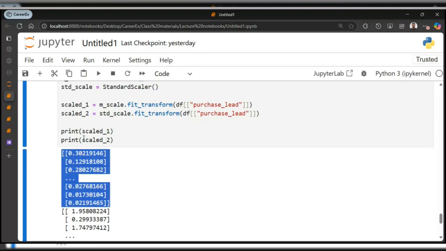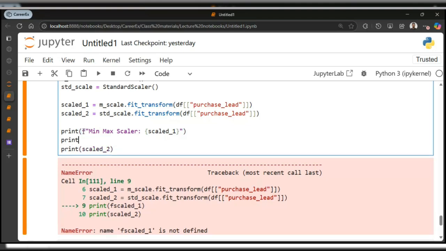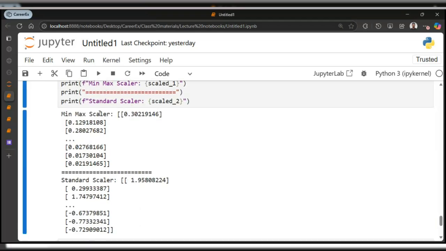Let me print this. This is MinMaxScaler. Okay, so now you can see this is our StandardScaler and this is our MinMaxScaler.